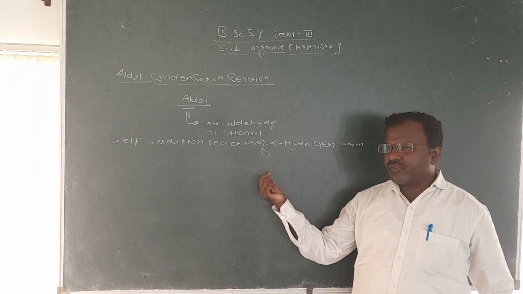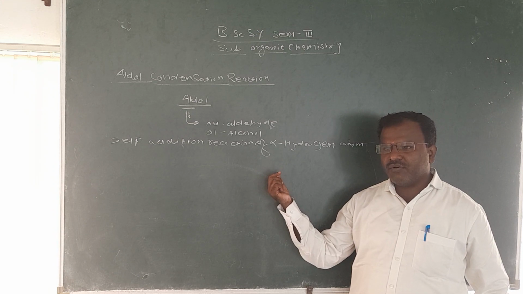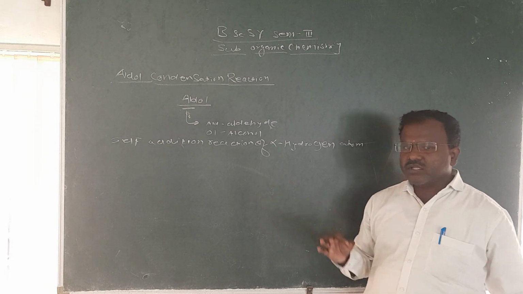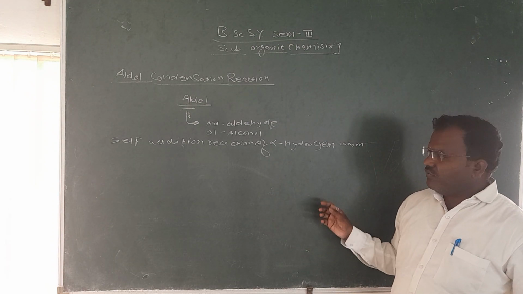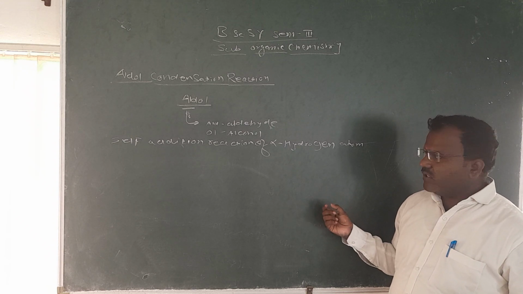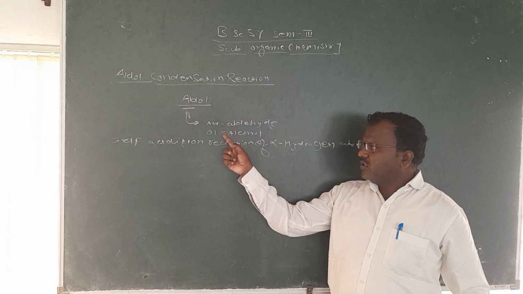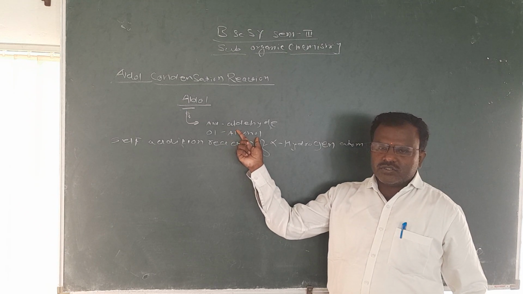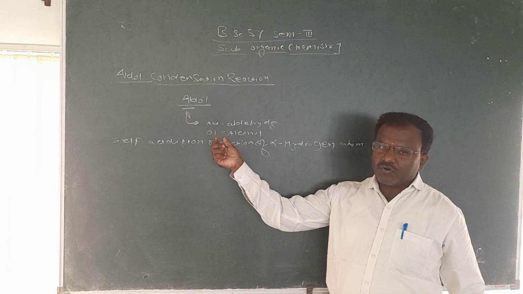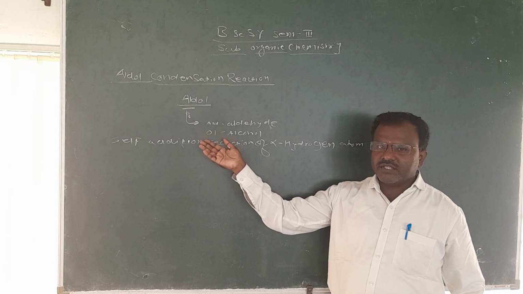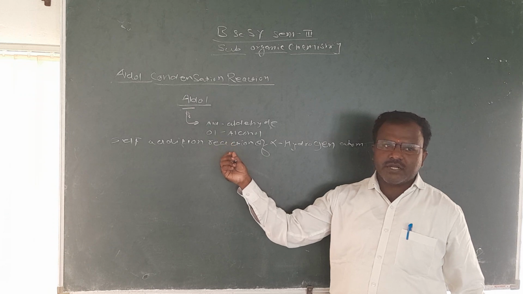The compound which contains alpha hydrogen atoms reacts with another molecule containing alpha hydrogen atoms in the presence of sodium hydroxide or potassium hydroxide. Then the aldol product is formed, which on warming or heating forms the alpha beta unsaturated